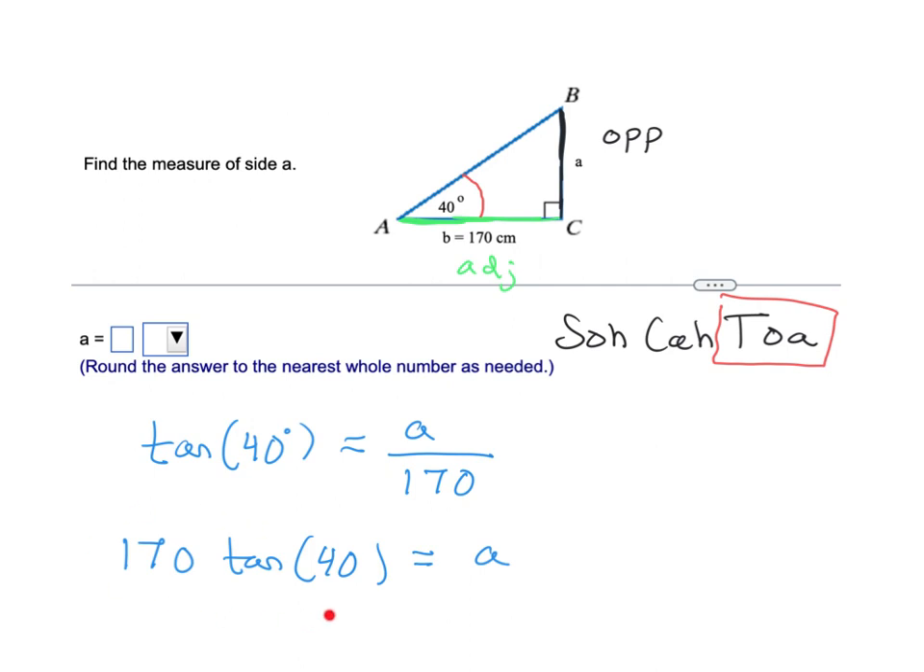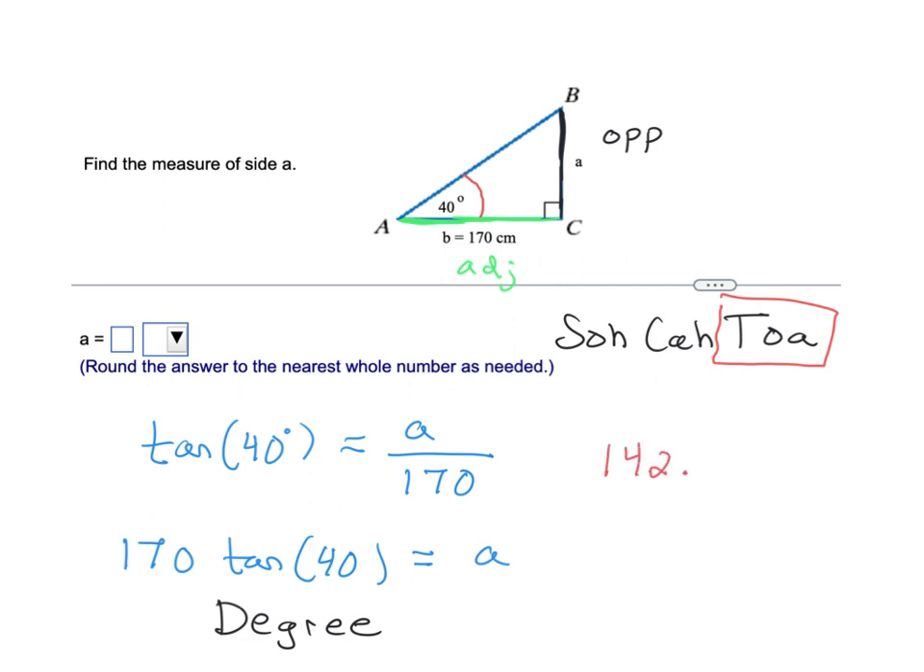I'm going to type this expression into my calculator. If you don't have a calculator, you can use Desmos. Just make sure that you are in degrees when you use a Desmos calculator. I'm going to type this in and let's see what we get. So let's see, 170 times tangent of 40. Okay, the number I get, it's